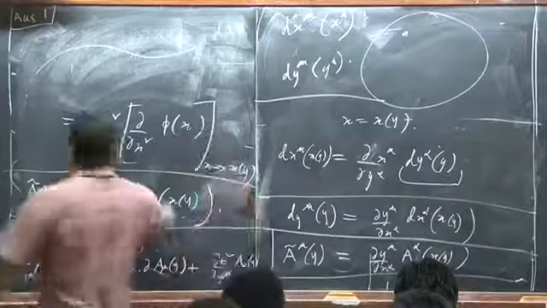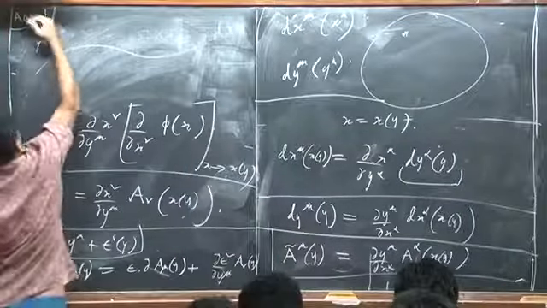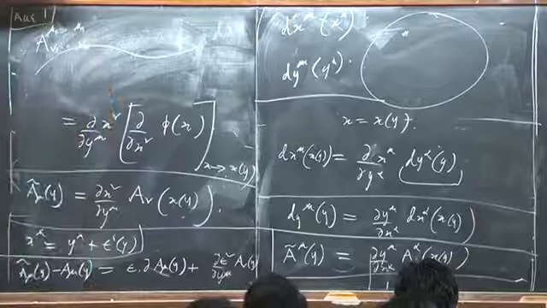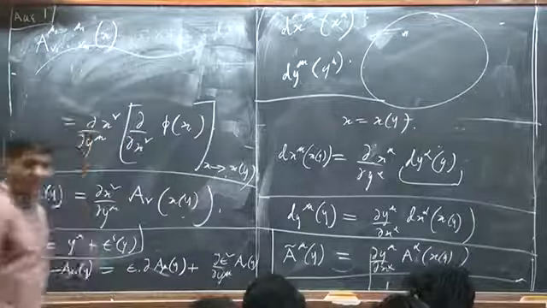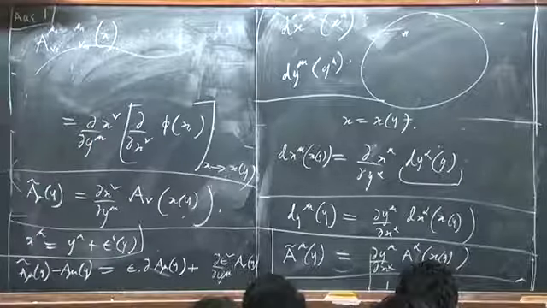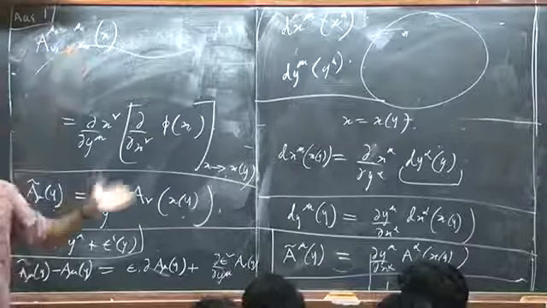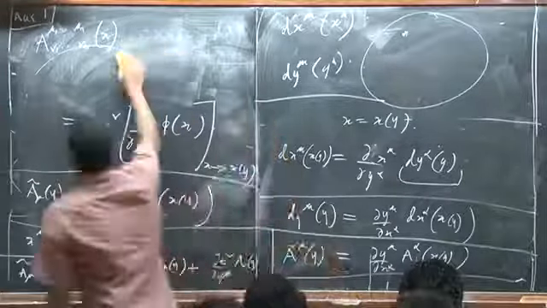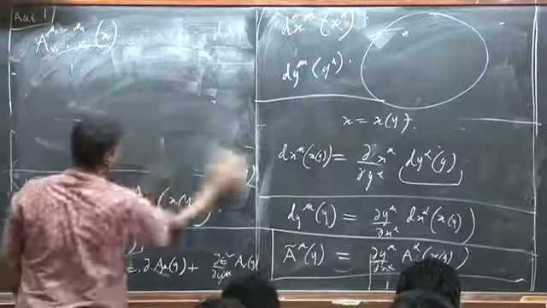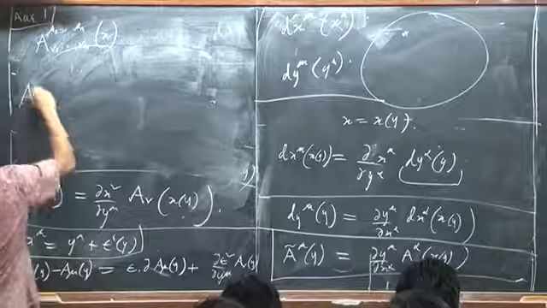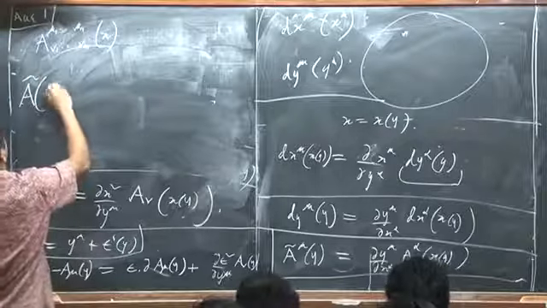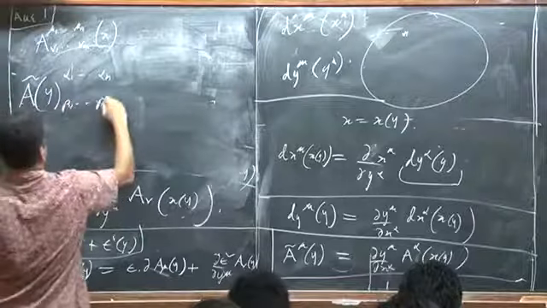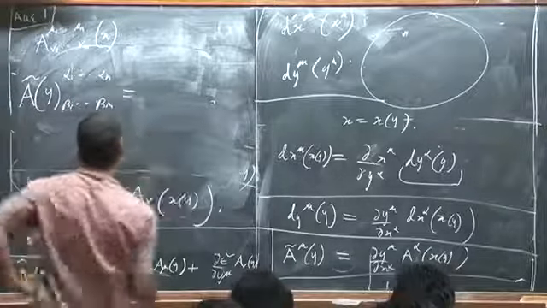So, an object A with indices mu1 to mu n, nu1 to nu m, as a function of x, is called a tensor field with n upper and m lower indices, provided that the rule for coordinate transformation of this tensor field is given by, let's write it down, A tilde of y, with indices alpha 1 to alpha n, beta 1 to beta m, is equal to